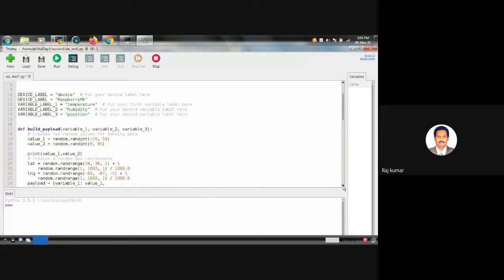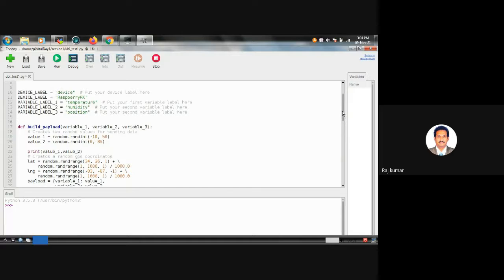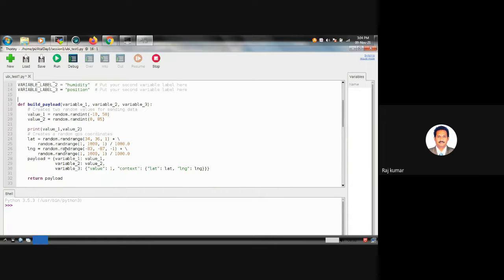Next, here I can see these two values which will be printed every time. Random values will be shown. As I said, the ranges will be like that. Next, if necessary, we can see this one also. Latitude and longitude. Two more variables have been created with a range of 1 to 1000. Some values will be generated. Based on that, Google Map will be pinning the locations.